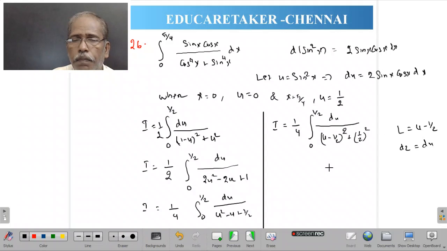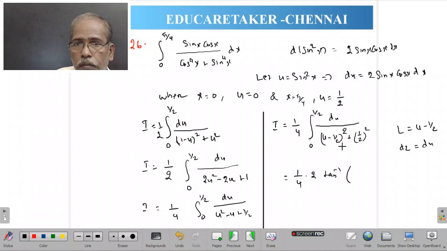So we can apply the formula straight away. Whenever dl equals du, we need not go to further substitution. It can be integrated straight away following the appropriate formula. Which formula do we have to apply? This is of the form dl by l square plus a square, dl and du equal, 1 by a tan inverse of l by a. 1 by a, that is a is 1 by 2, 1 by a is 2, tan inverse of